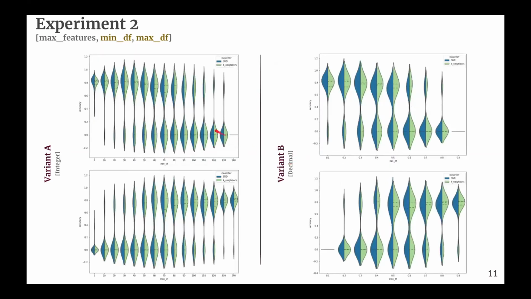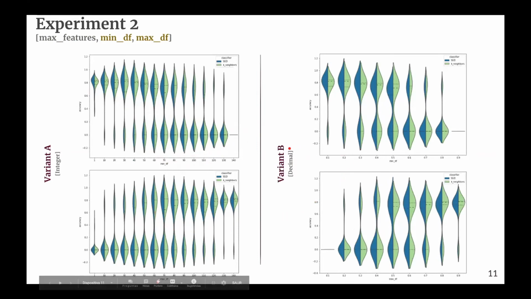And finally, what we wanted to see in this experiment was the feasible results that we got, because in reality, there were many combinations of parameters that gave us an accuracy of 0, which we can see in this distribution over here. The insight we take out of these graphs is that if we want to enhance our probabilities of having an accurate result, meaning an accuracy better than 0, we should stick to values, in the case of decimals, less than 70 for min_df, and we should stick to values greater than 70 for max_df.